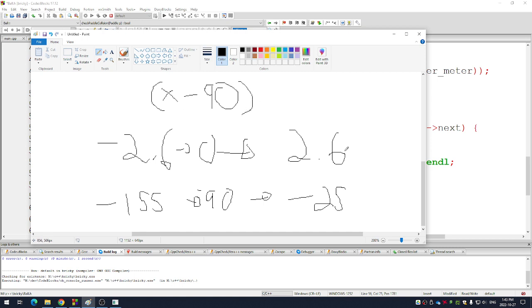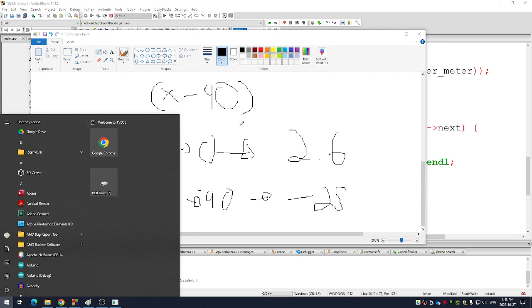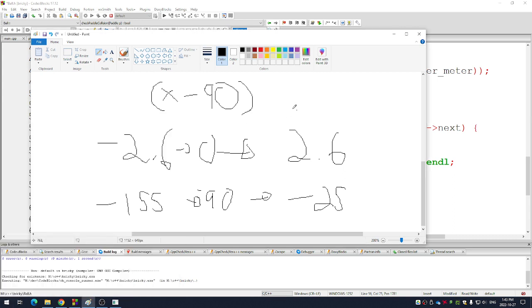And then what? I got to figure out how to go from 2.6 to minus 25. What's that, like divided by 10 or something? Josh, help me out here. What's my number? Come on, Josh, do the math. I'm doing a linear relationship, but I go from minus 2.6 to 0 to 2.6. But I want my number to go from minus 155 to minus 90 to minus 25. If this number is x, I have to subtract 90. So the 0 will give me